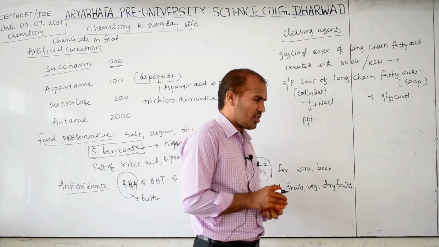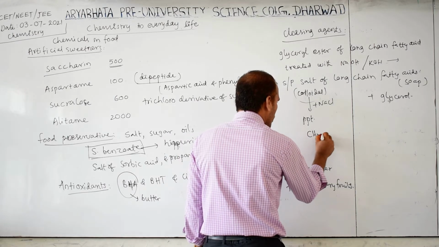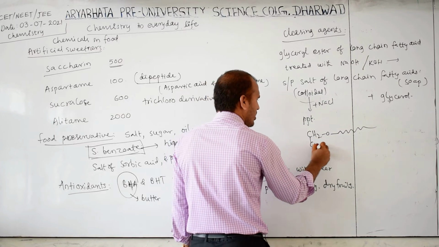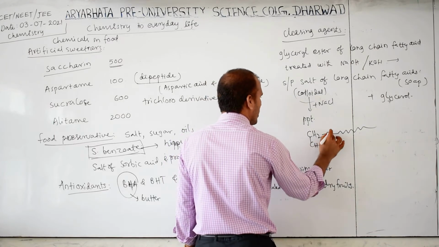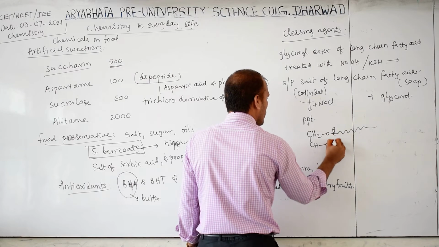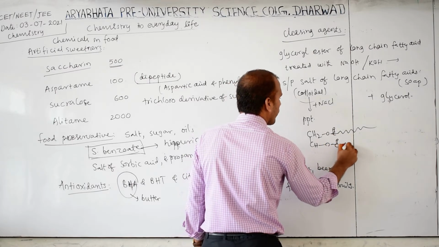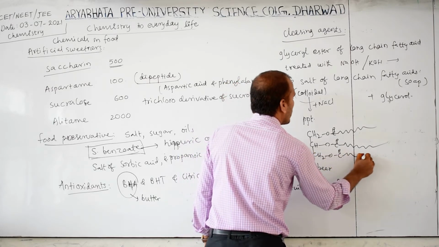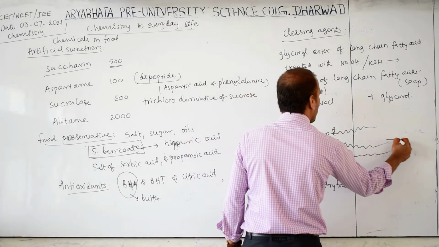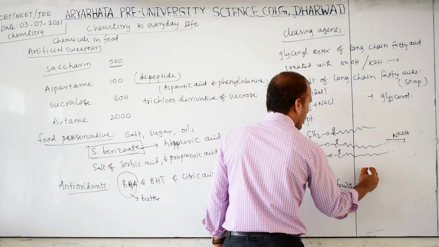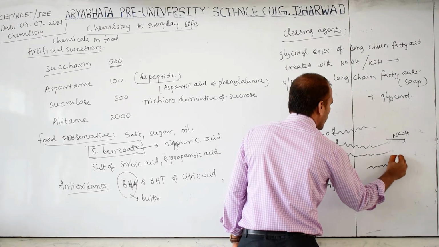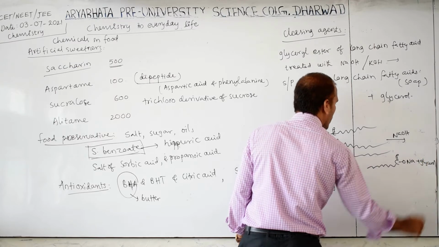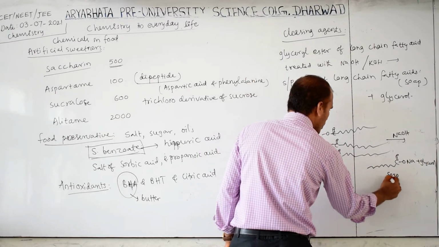I don't want to write the equation. Otherwise, if you want, the equation is like this: CH2O long chain fatty acid, a big carbon chain, CH2O, ester, meaning C double bond O is also there, like this big carbon chain CH2O C double bond O, a big carbon chain will be there. When this is treated with sodium, then what will you get? Big carbon chain C double bond O Na, along with which one? Glycerol. This is called soap.